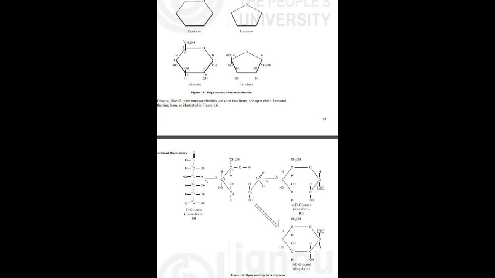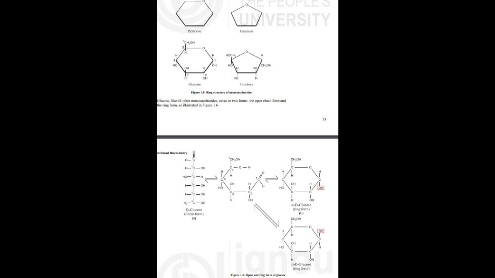The former is known as pyranose and the latter as furanose, as illustrated in figure 1.5. Look at the screen, figure 1.5. Ring structure of monosaccharides. Glucose, like all other monosaccharides, exists in 2 forms, the open chain form and the ring form, as illustrated in figure 1.6. The ring form has an additional asymmetric carbon atom called the anomeric carbon atom. The asymmetry of C-1 makes possible the 2 ring